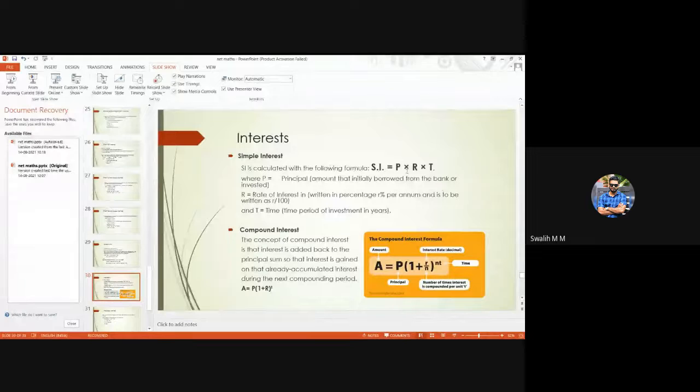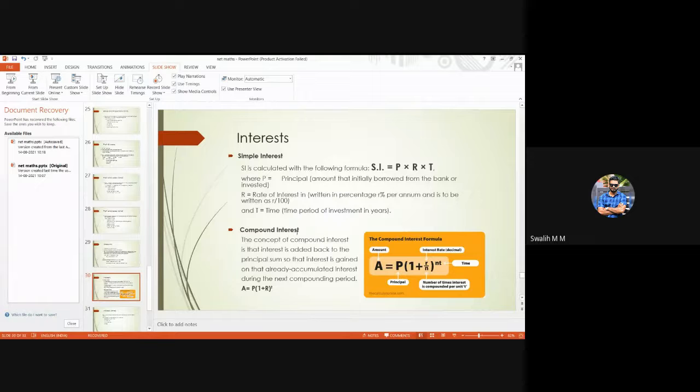And remember, here the rate would be in terms of percentage, R percent or R by 100. In most guidebooks, we'll see the formula as PRT by 100, and we should use that formula as well. So the proper formula would be PRT by 100. You must remember that. Principal is the initial amount borrowed, rate is the rate of interest given, and time is how much time we invest.